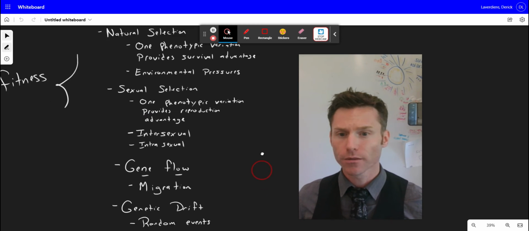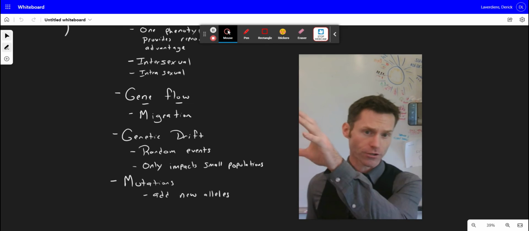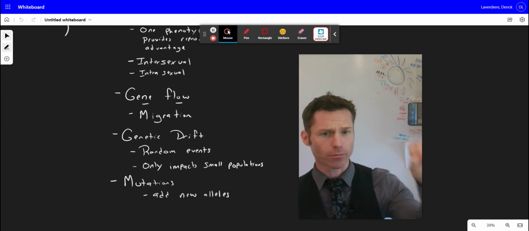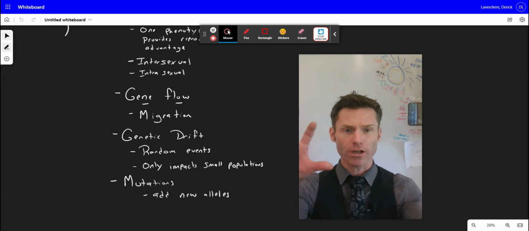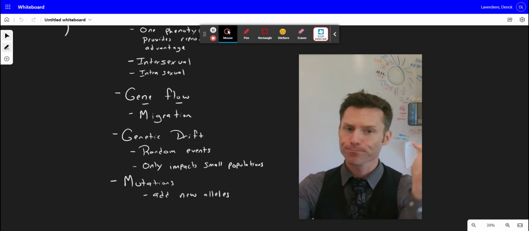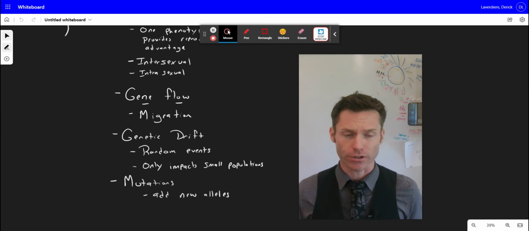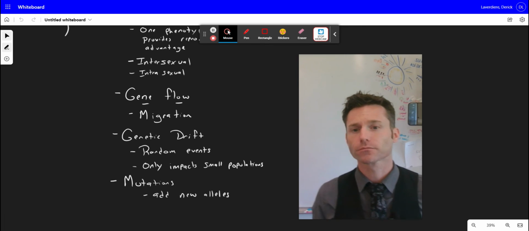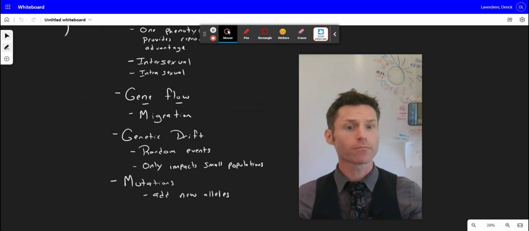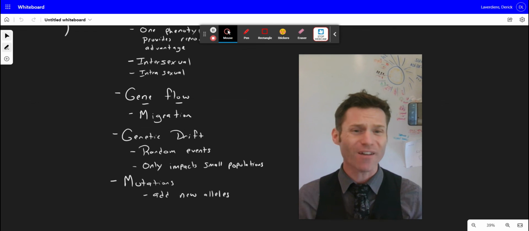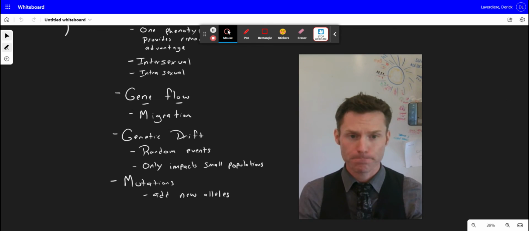Yeah. Then we have gene flow, which is quite simply migration. So I got a population over here of space ducks. I got a population over here of space ducks. They have different allele frequencies. If this population enters this population and hangs out with them, that just changed the allele frequencies of both populations. Right? Instant evolution, gene flow. And now they might mate, exchange some genes and then leave again, right? That changes the allele frequencies too. They don't have to stay together. But as long as they interact long enough to exchange genetic information, gene flow is happening.